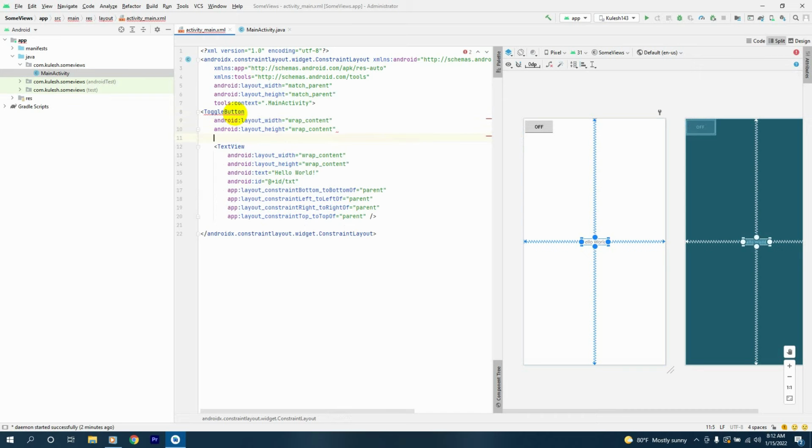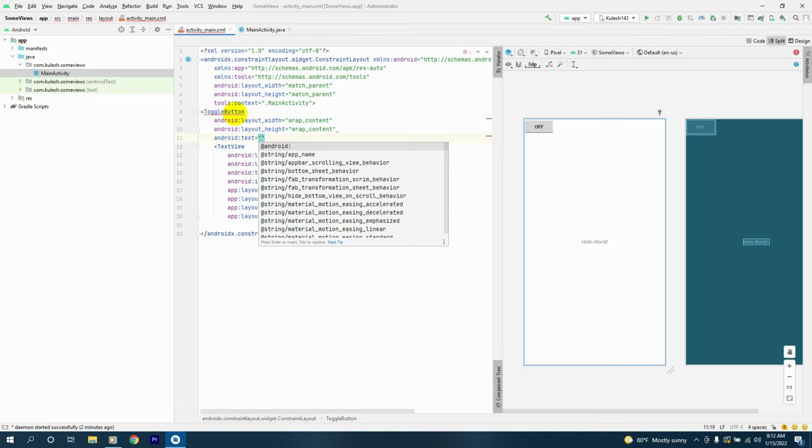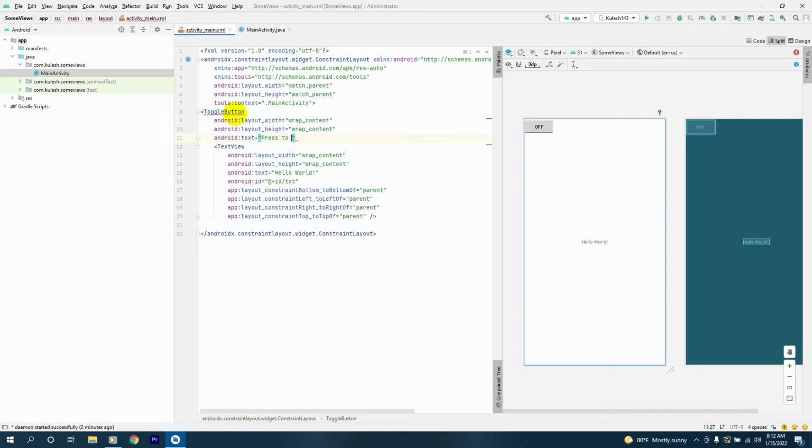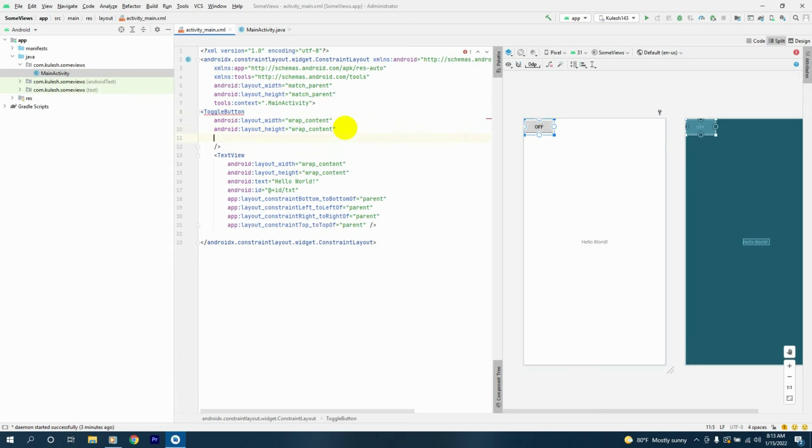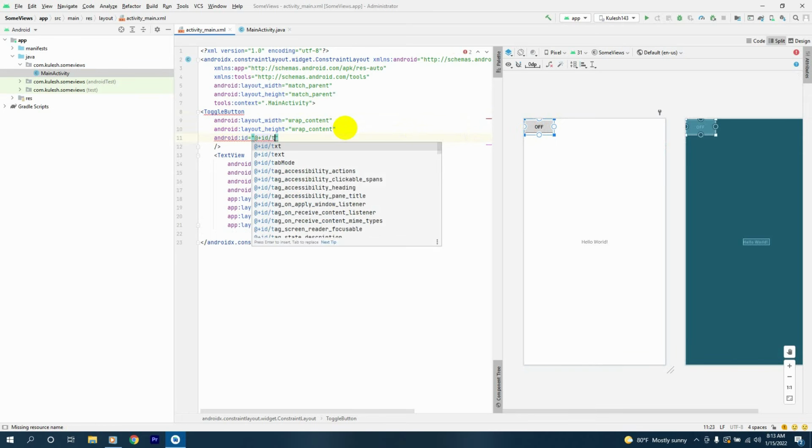And the next thing, it will have the text that says press to toggle, like this. Actually, we can't do that. Here the toggle button will say... I'll give an ID for it. It will be toggle,